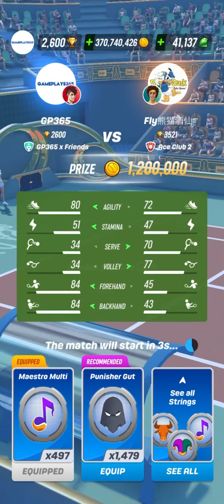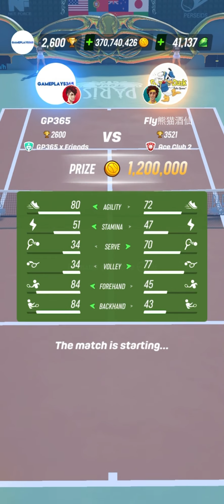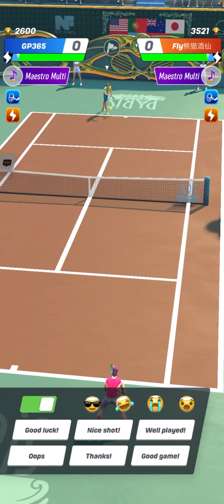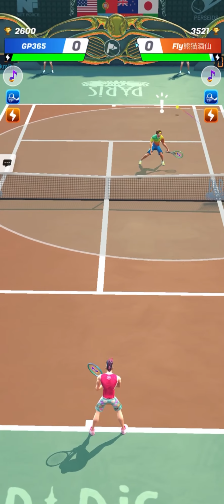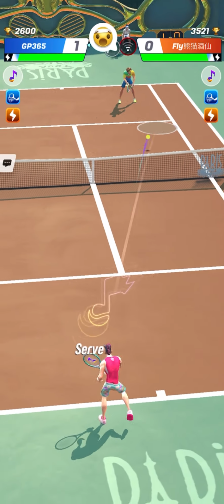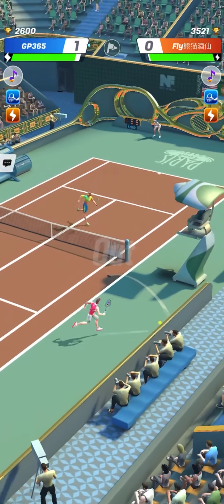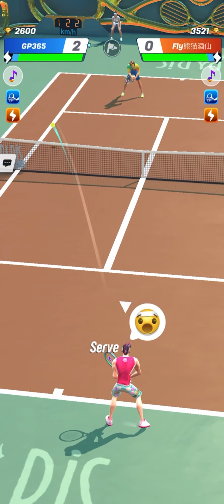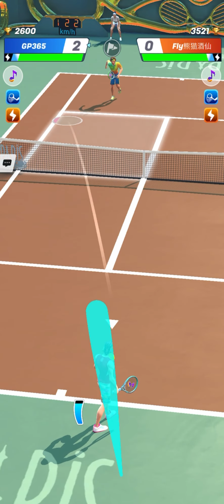Let's play now versus a fly player having a huge serve, but the volley stat was not so high, and that's the price to pay to get such a strong serve. Yeah, volley stat was not very high. That means lesser accuracy for some volleys